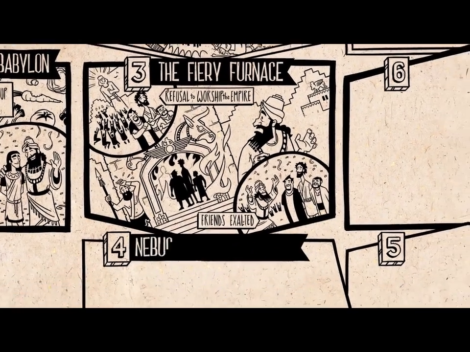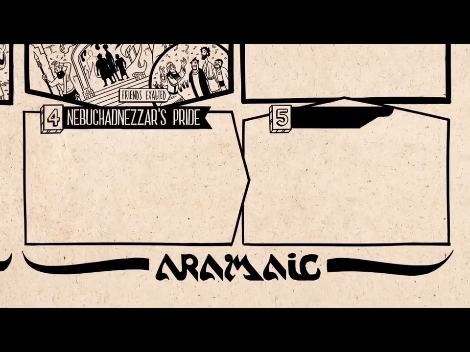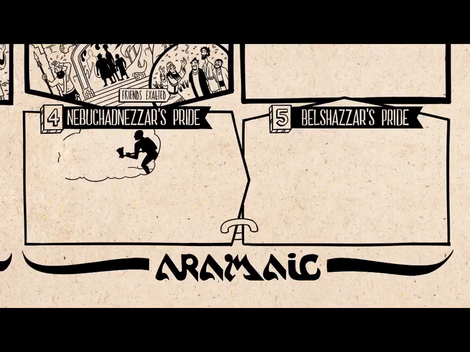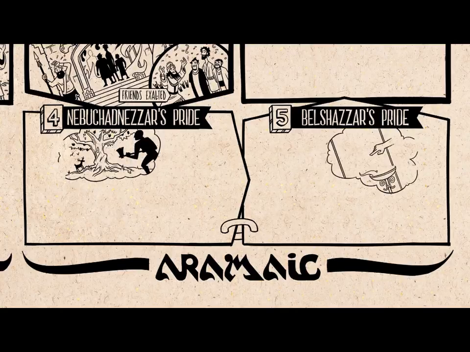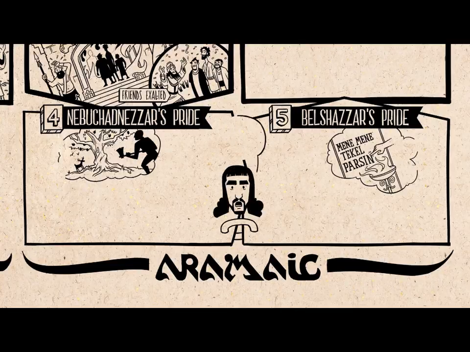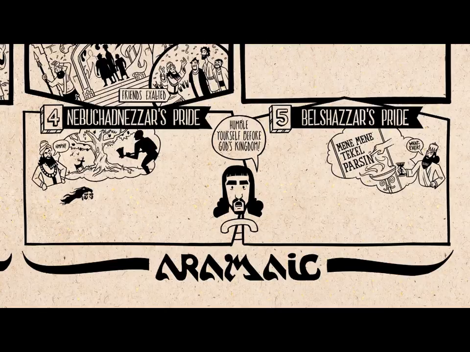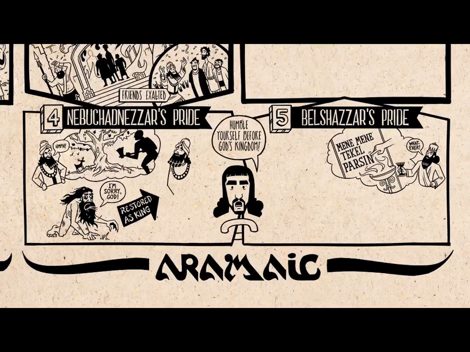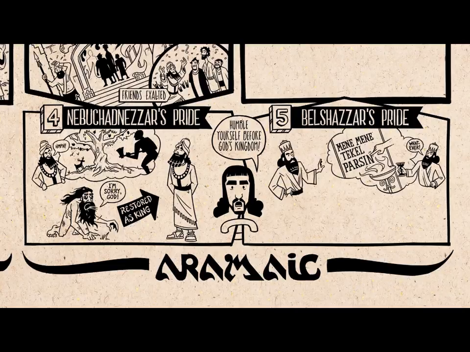After this come a pair of stories about two Babylonian kings, the father, Nebuchadnezzar, and then his son, Belshazzar. They're both filled with pride because of their imperial power, and so, like in chapter 2, God warns them both through dreams and then visions, which, also like chapter 2, only Daniel can interpret. He says that both kings are to humble themselves before God, and both kings arrogantly resist. So Nebuchadnezzar is stricken with madness. He becomes like a beast in the field. But then he humbles himself before God, and his humanity returns to him. He's restored as king. This is in contrast with his son, Belshazzar, who doesn't humble himself before God, and he's